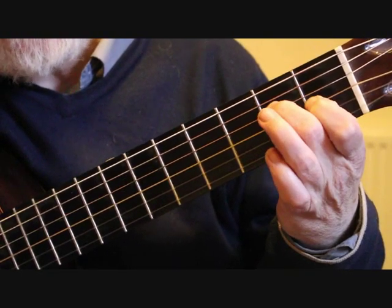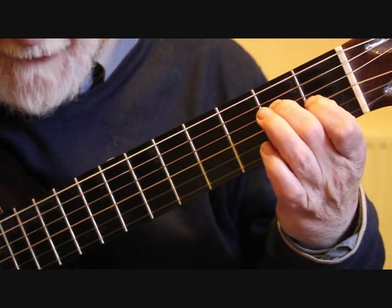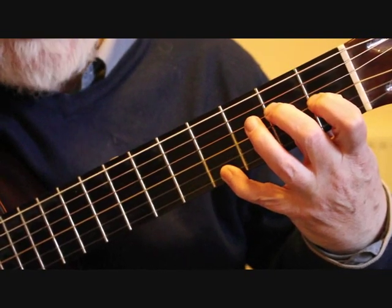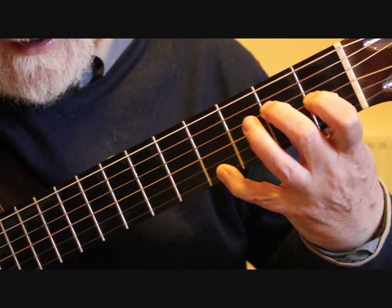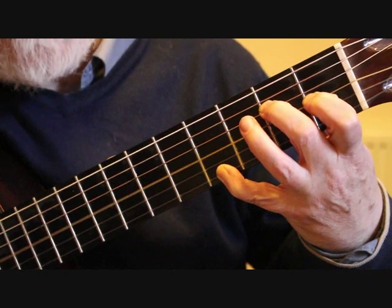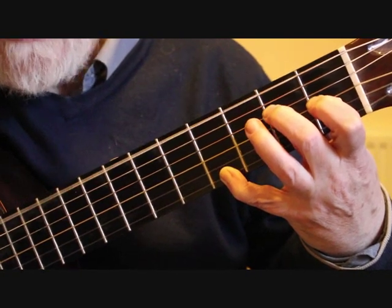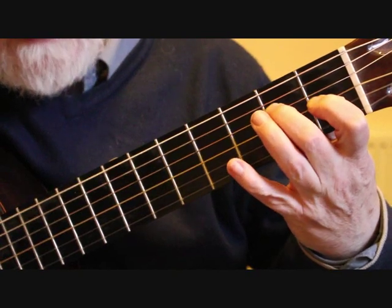We play the 6th string and the 2nd string together, followed by the 4th string and then the 3rd string. On beat 2 we need to stretch the little finger to G sharp at the 4th fret 1st string. We play that, followed by 4th string, 3rd string, 1st, 4, 3. Then on the final beat of bar 58 it's 6th string, 4th string, 3rd string. So bar 58 is